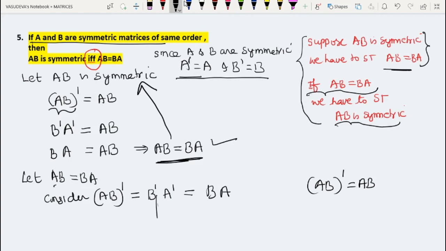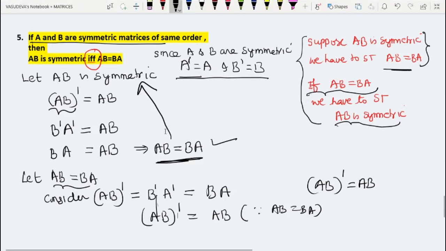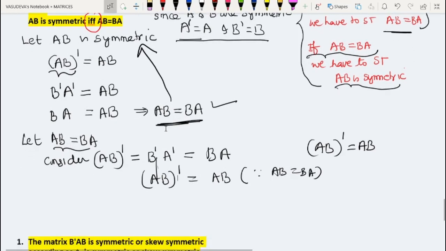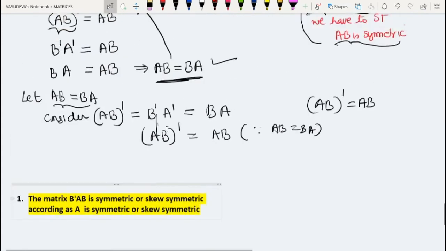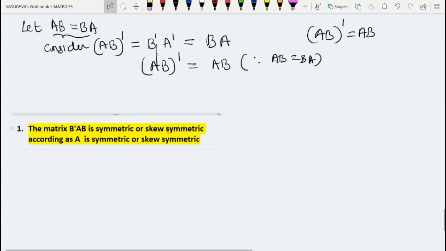But what have we taken as given data here? AB is equal to BA. So therefore BA is equal to AB because we have taken that AB is equal to BA. So therefore we conclude (AB)' is equal to AB. So we have proved the property that if A and B are symmetric matrices of the same order, then AB is symmetric if and only if AB is equal to BA. So then the next one